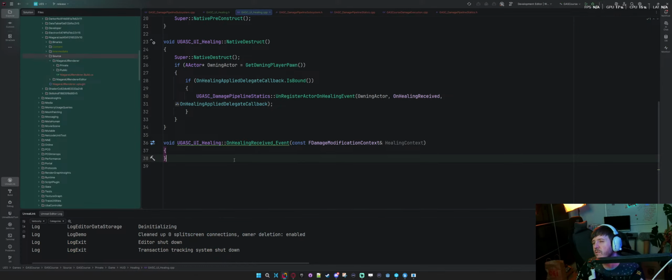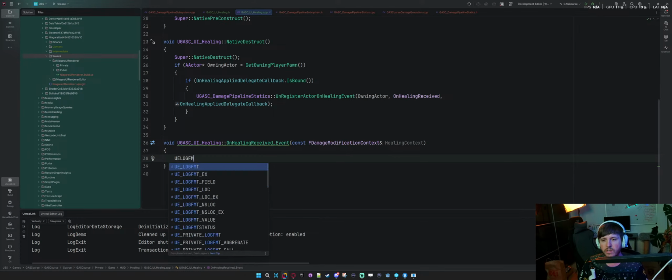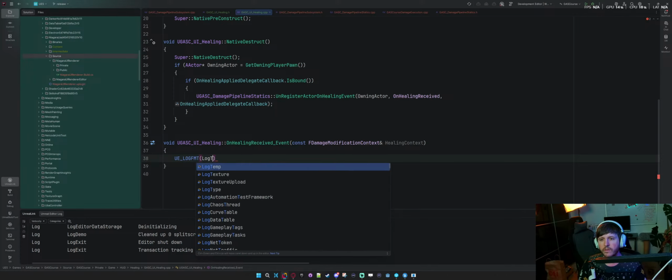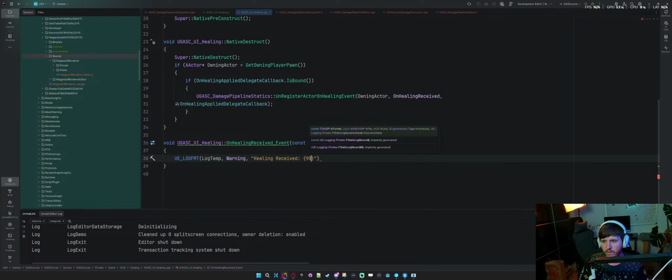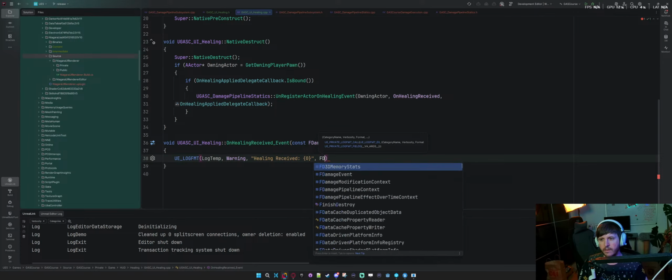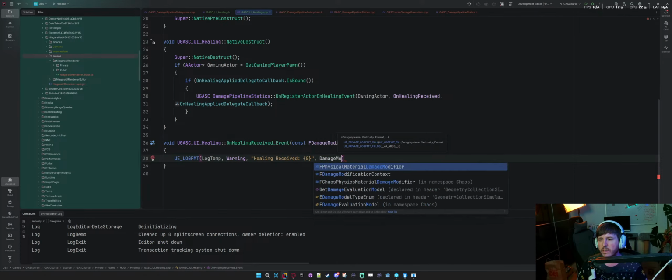at this point I should be able to just log some stuff, right? So we log fmt, log temp, warning, healing received. Let's just work the assumption right now that we're cool with the damage modification. What is it?